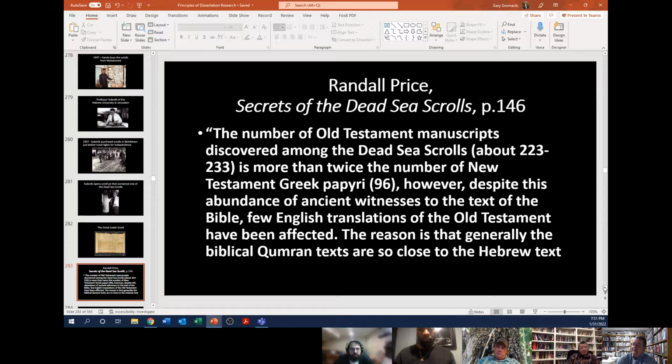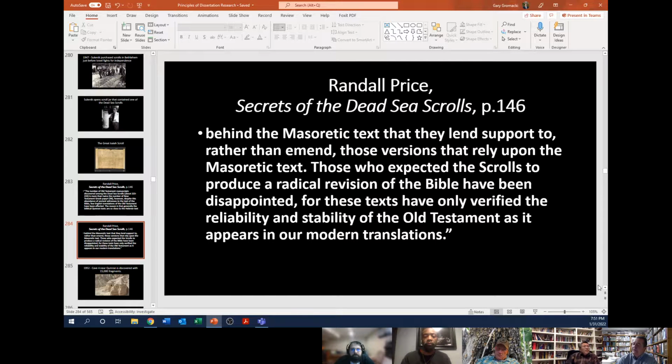However, despite the abundance of the ancient witnesses to the text of the Bible, few English translations of the Old Testament have been affected. The reason is that generally the biblical Qumran texts are so close to the Hebrew text behind the Masoretic text, the MT, that they lend support to rather than amend these versions that rely upon the